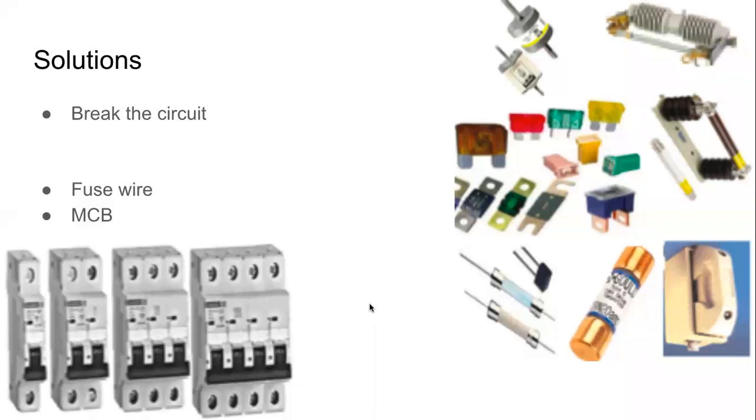Last year itself, we studied the solutions. In a very, very general sense, whenever there is a short circuit, to prevent the damage, to limit the damage, we have to break the circuit before there is a fire. Because if we break the circuit, then the current will not flow. Current will flow only when the circuit is complete. Circuit means जो पूरा connection है, अगर वो टूट गया, melt होने से पहले अगर हमने तोड़ दिया, then everything will be safe. And that is achieved by using something called as a fuse wire.